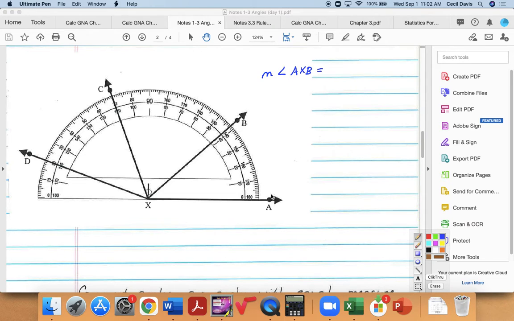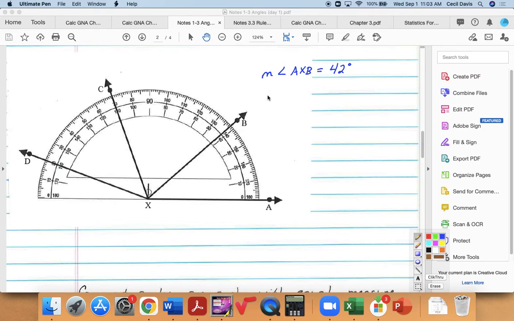And the question always becomes, well, there's two different scales. There's an inside scale and an outside scale. The question is, which one do you use? Well, notice on this one that side XA, this ray, goes through 0 if you use the inside scale. So I'm going to use the inside scale for both of them. Ray XB goes through, looks like 42. So that's just 42 degrees. So if one of them goes through 0, it's real easy to find